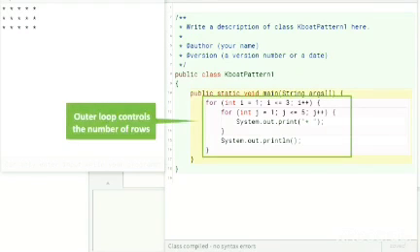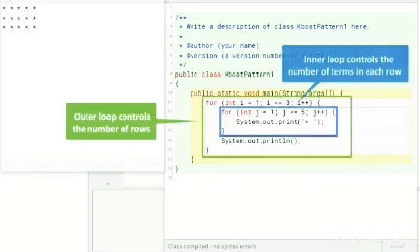Outer loop controls the number of rows, inner loop controls the number of terms getting printed in each row, and inside the inner loop we print whatever is getting printed in the pattern. Inside the inner loop we use system.out.print, and just outside the inner loop we write system.out.println so that each row starts on a new line.